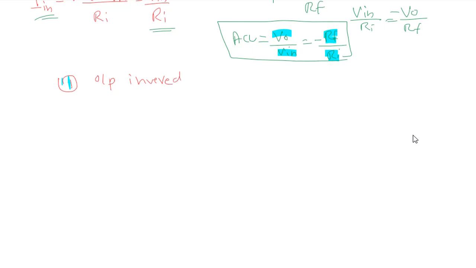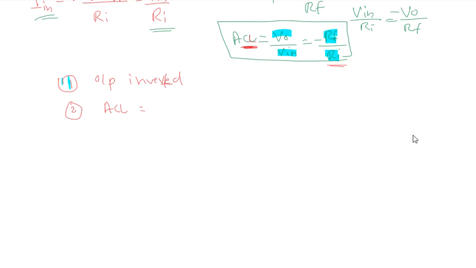Second thing, the output voltage or the gain of the op amp ACL is independent of the open loop voltage gain, because the closed loop gain depends only on RF and Ri. The closed loop gain depends on the externally connected feedback resistance and input resistance,